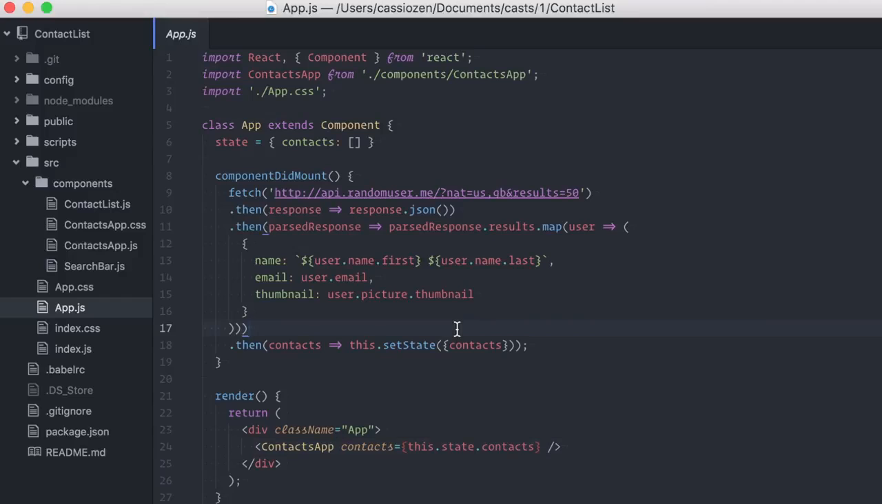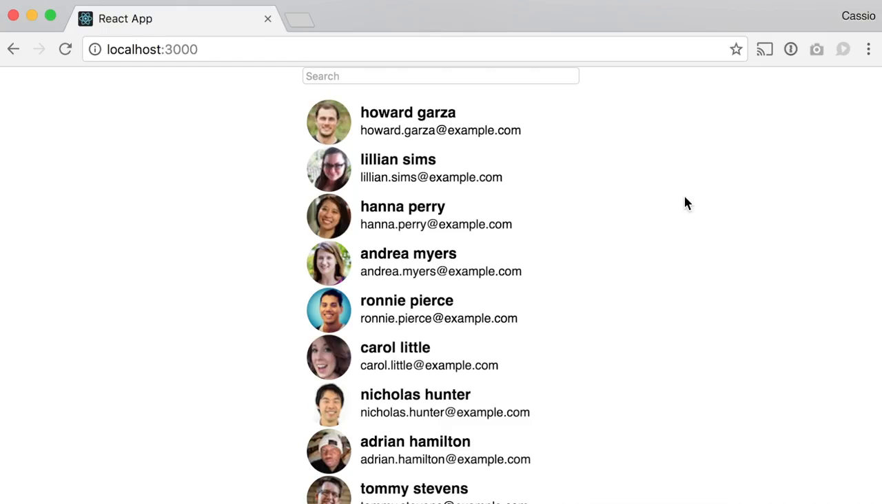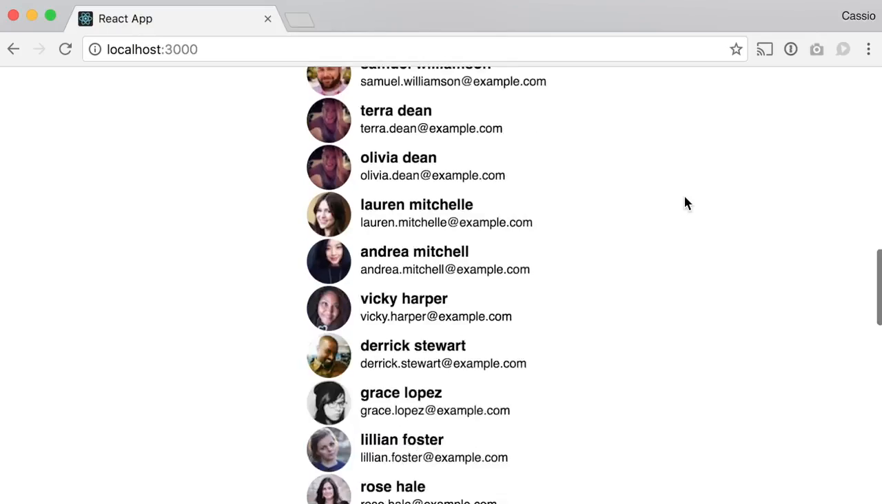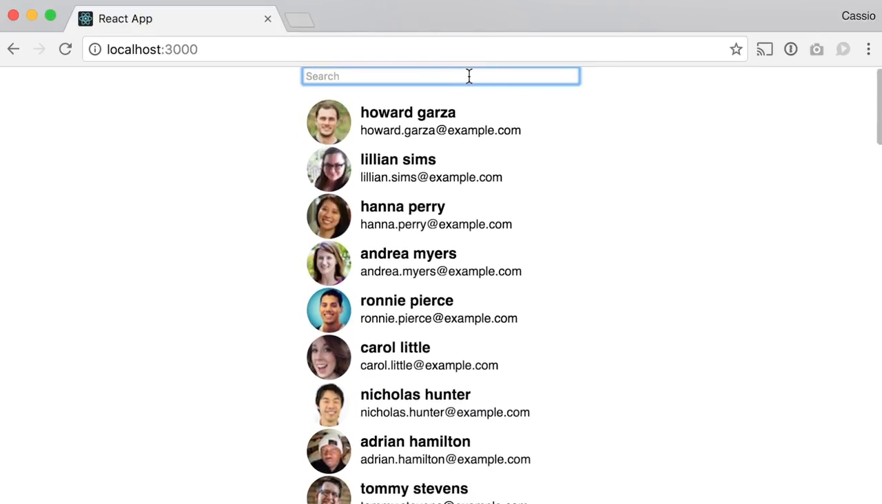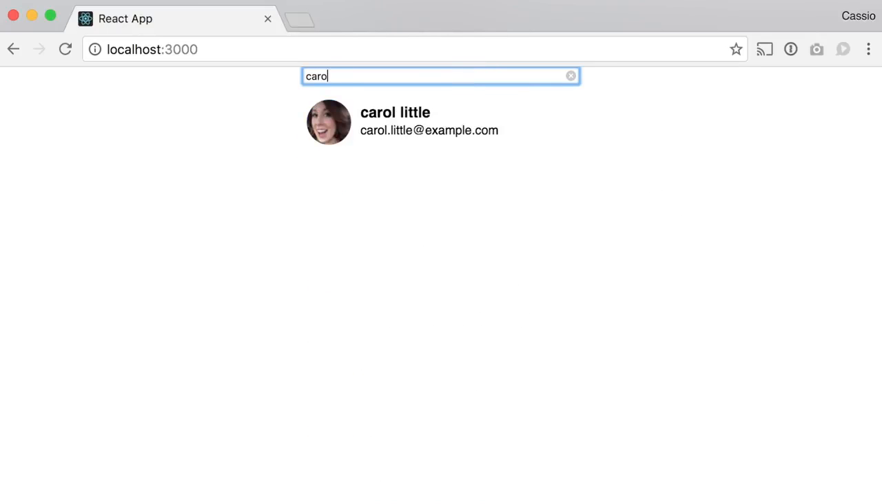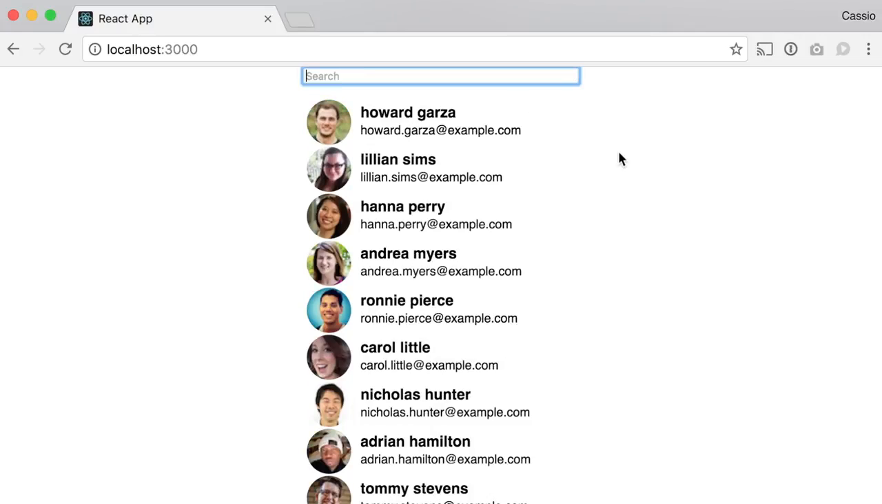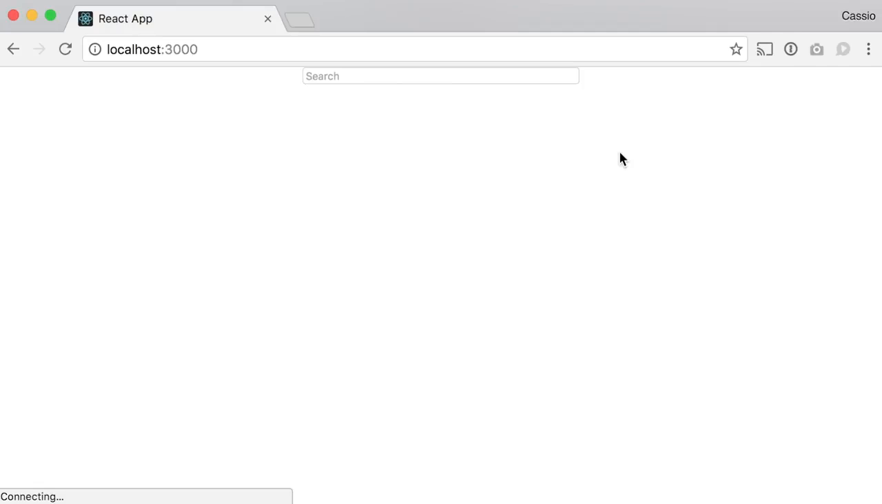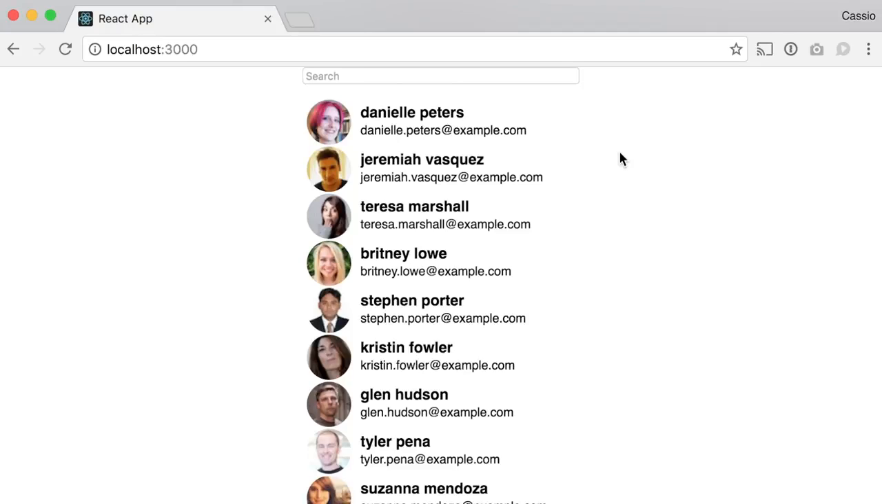Let me open the browser here. So here it is. You can see the list of contacts with their names and emails. I can filter the contact list. But when I refresh the page, you can see that there's this small amount of time where there's a blank page. And what I want to do here is show a loading indicator for a better user